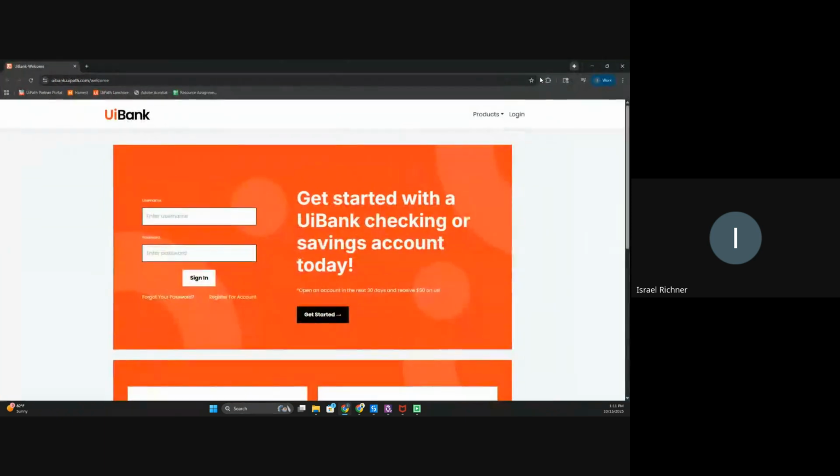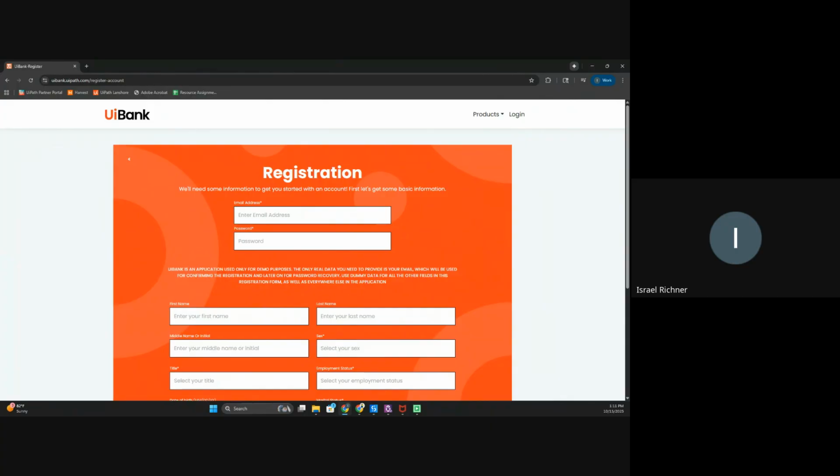Okay, I maximized that, but let's see what it does here. It should find the register for an account link. It did. Now it should fill in the email address and the password. You will notice that this is going to go a little slower. There's a lot that goes on behind the scenes. So there's the email address and the password. It will take a little bit longer, but the point is that it makes your automations more stable and more resistant to change. You can see first name and last name, it filled that in,